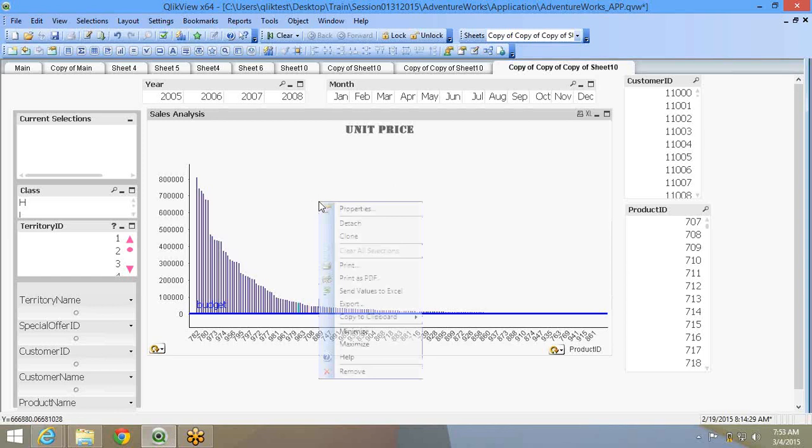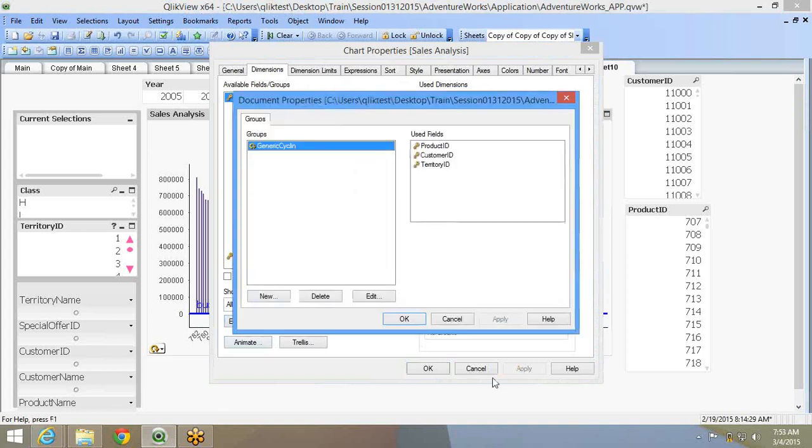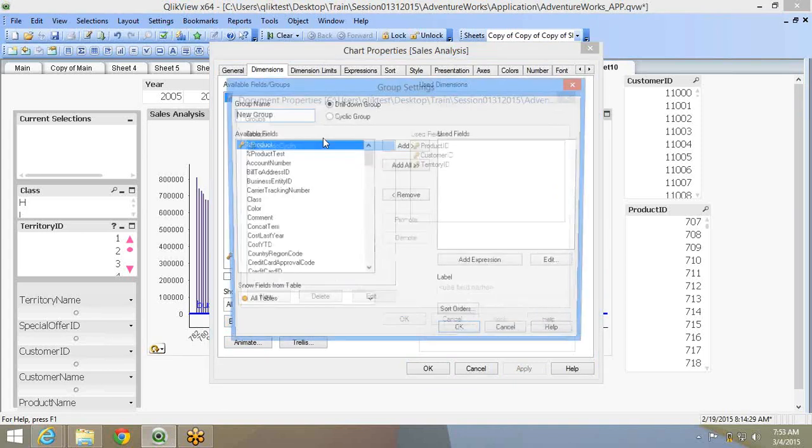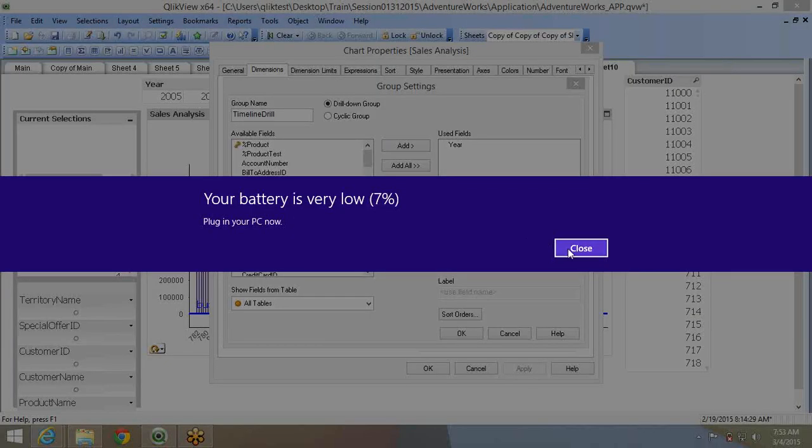I'll just copy the sheet, and over here now I'll go back. I will create another group. In the same dimension tab, I'll create another group. I'll call it generic, or I'll say timeline drill. What I'll do is I'll start with year, then I'll start with month.